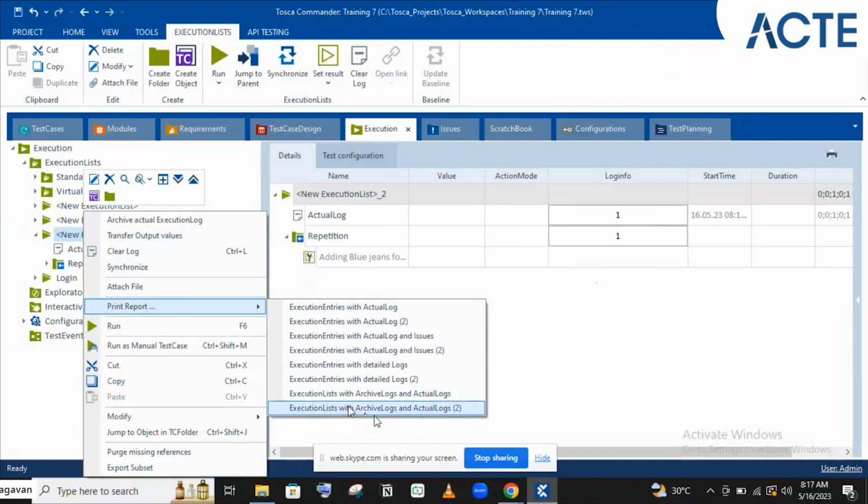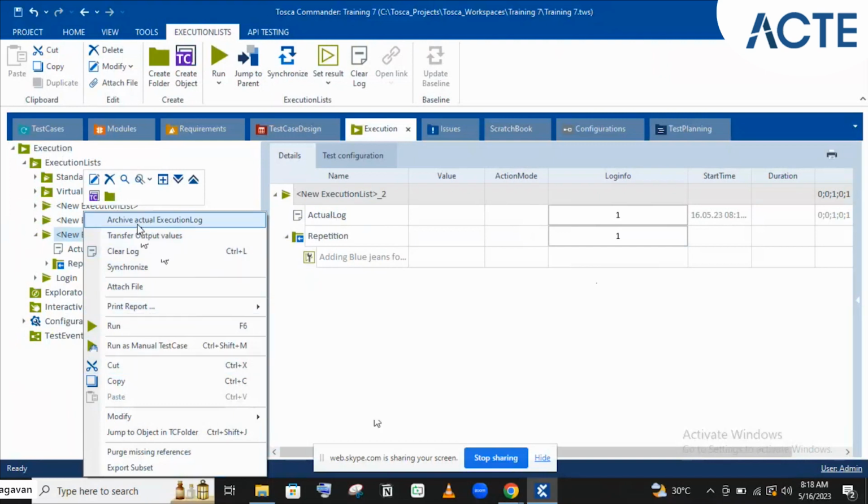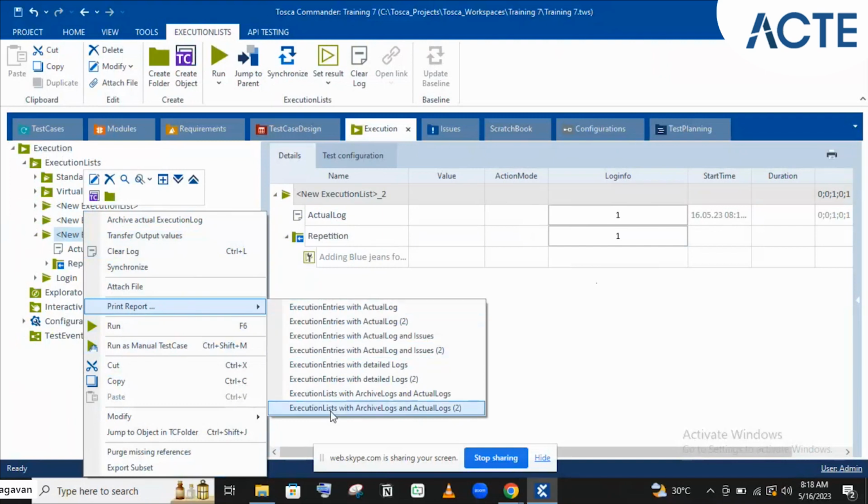And execution list with archive logs and actual logs. Archive log means, you can see here I'm getting one option, archive actual execution log. If I'm using that, this actual log will be archived. And if I'm using this option, execution list with archive logs and actual logs, so that archived logs also